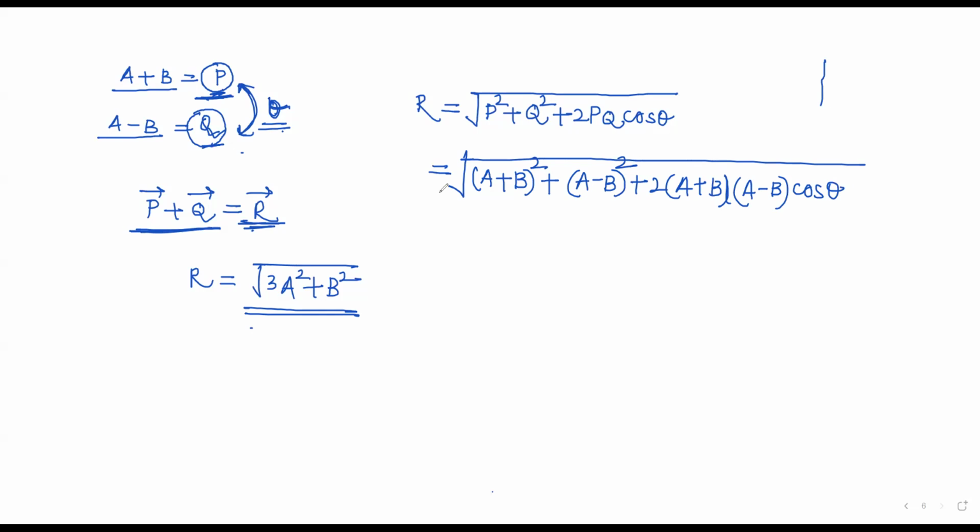Hello. Yes. Now what is r? R is this also. So this is 3a square plus b square. So square both the sides. You get 3a square plus b square is equal to, from here it will be a square plus b square plus 2ab